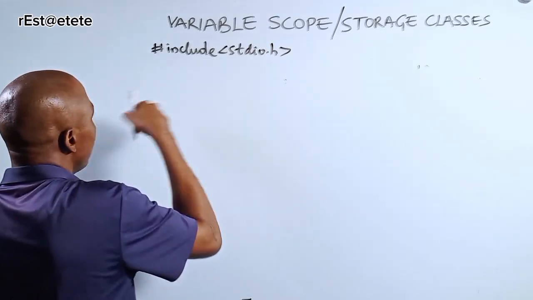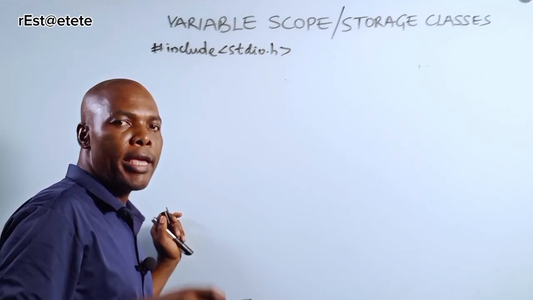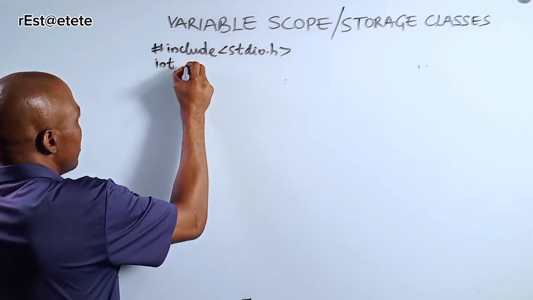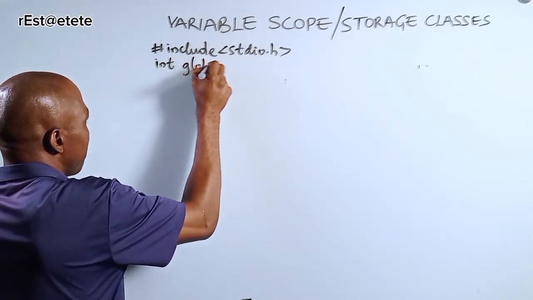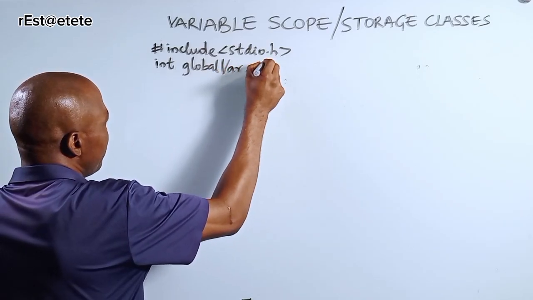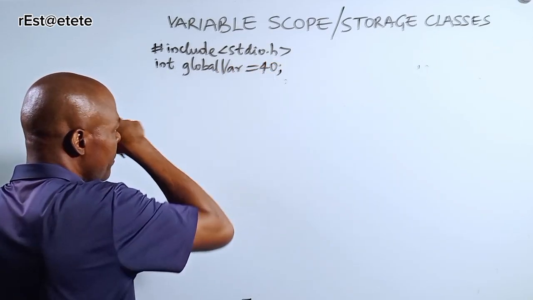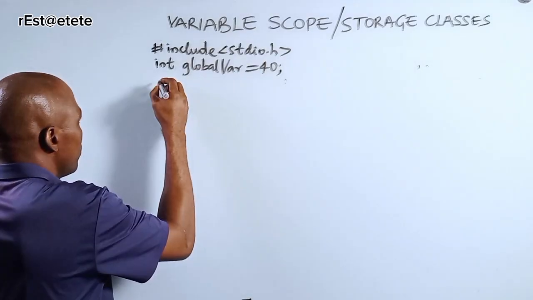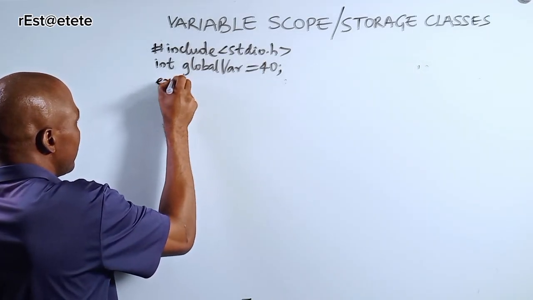stdio.h, right? Now I'm going to declare a global variable. So I will say int global var, and I will assign 40 to it, right? I'm going to declare an extern variable. So I will say extern